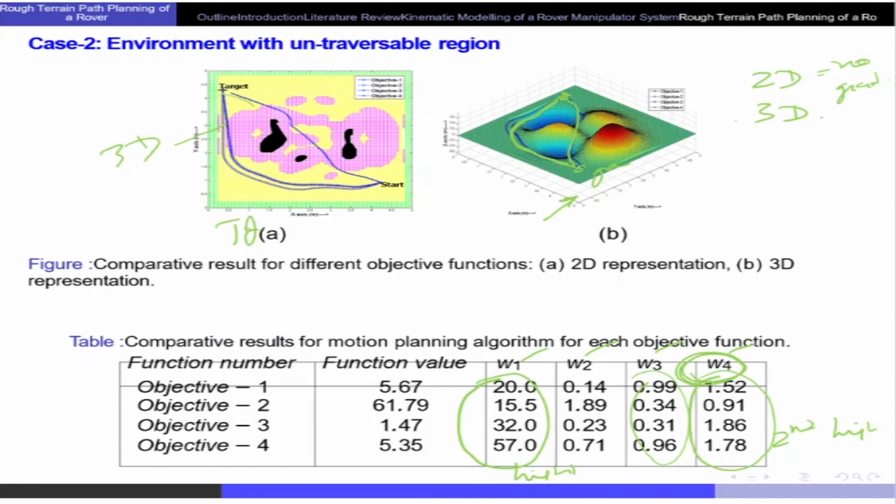Because if you don't include the gradients, the robot will simply find a path which is the shortest path. But that can take very high energy. Okay, because they start climbing all over. So if you include the gradient forces, what happens is that we get very low energy and we get a very safe path. So today we looked at